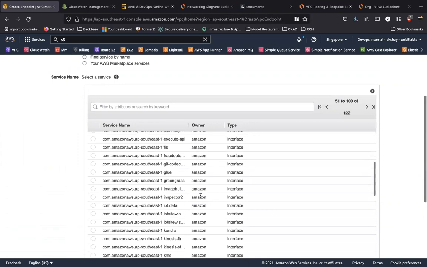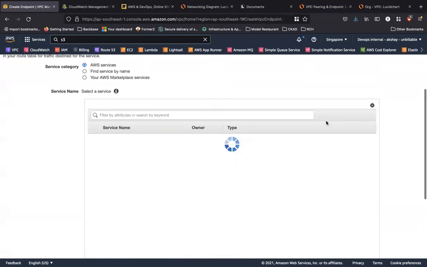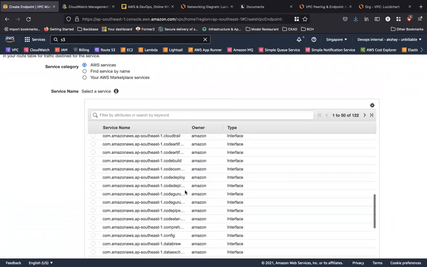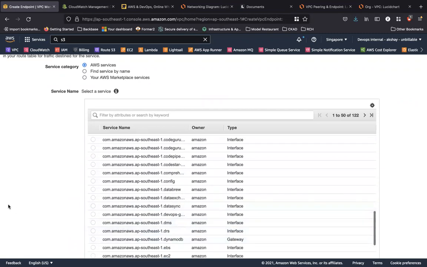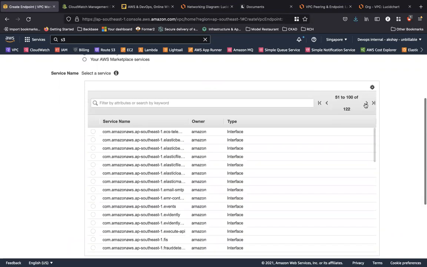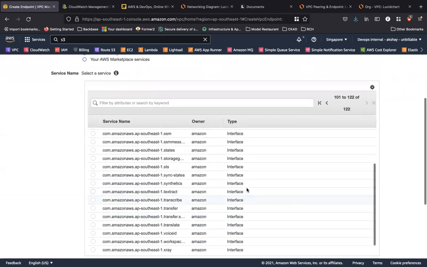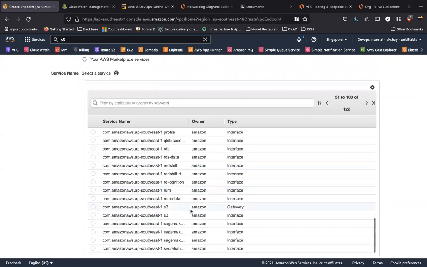If I scroll down a little bit over here, you can see that probably on the top, probably not in the first page. For DynamoDB, if you see over here on the first page, let me find that out. Yep, it's of type gateway. But there are other services which have interface endpoints too. And I gave you a small example in terms of S3 that has both an interface endpoint as well as a gateway endpoint. So when I go to the S3 service, you have a gateway endpoint as well as an interface endpoint.